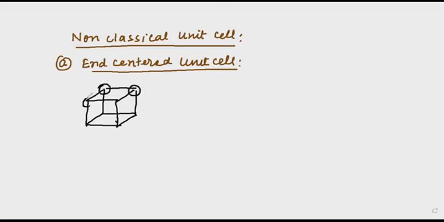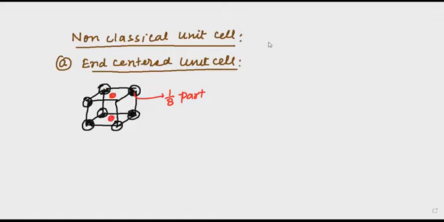SCC is a must, we already know that because it is a primary unit cell. Here I draw it, and the dark portion represents that only 1 by 8th is present in a crystal lattice in the making of the unit cell. Clear? Remember that this is only the 1 by 8th part. Now remember that there is an atom on only two opposite sides, so that this is the end center.